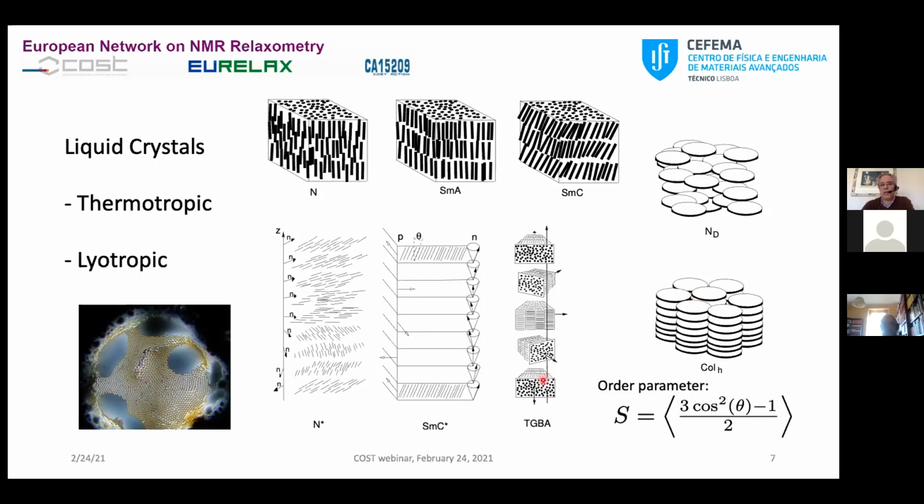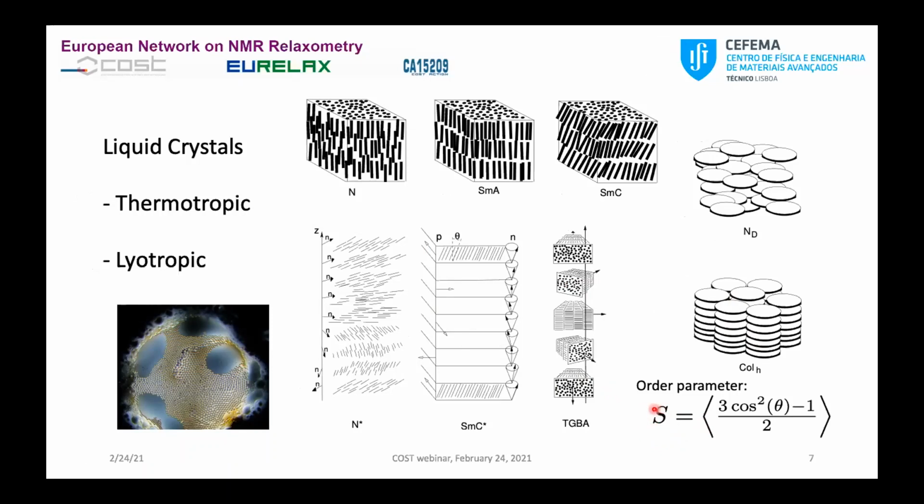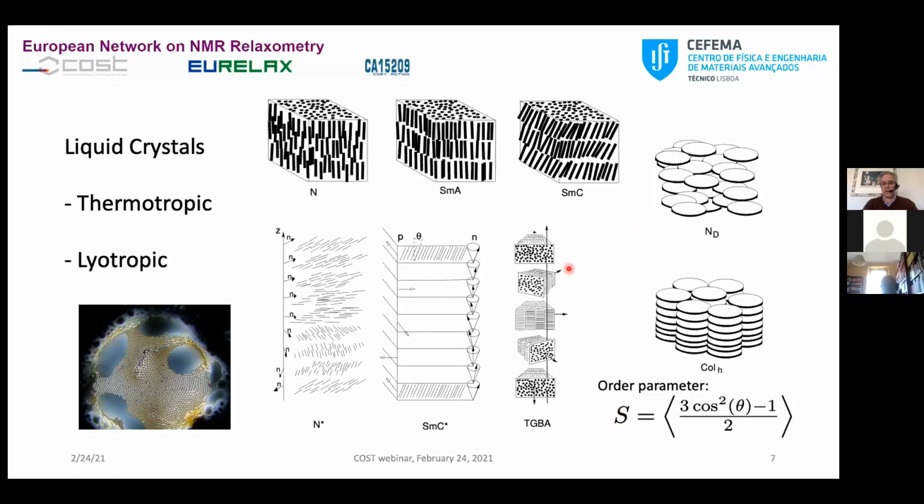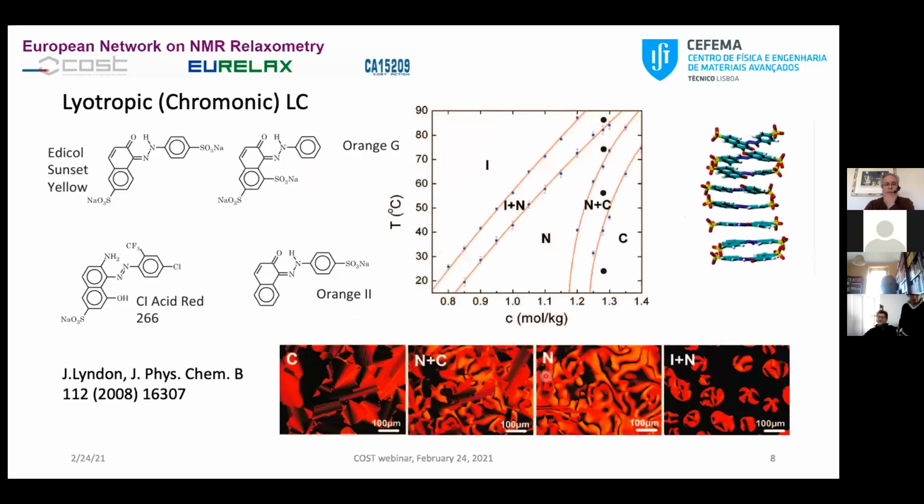One common parameter to all these phases is the order parameter, which measures basically the degree of alignment of molecules. So there is a distribution of molecules. The molecules will, let's say, have different angles with respect to a common direction, but there is another parameter that we can establish for this system. As I said,